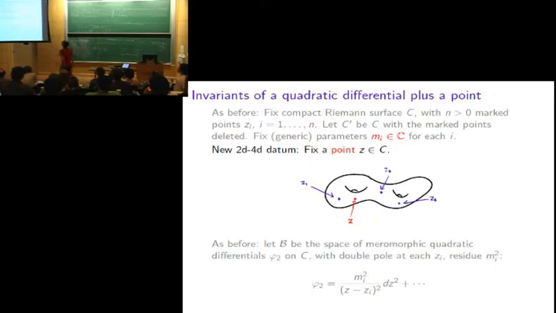And so just as before, I'm interested in counting finite length geodesics on this curve in the flat metric determined by the quadratic differential. The only new thing is that now, in addition to the ones I had before, I allow some open ones. So I allow geodesics that have one end on this marked point z. And the other end will be on a zero of the quadratic differential, as it was before.